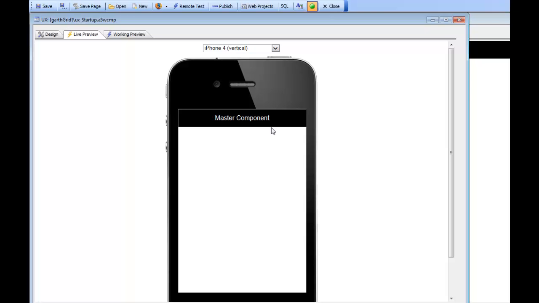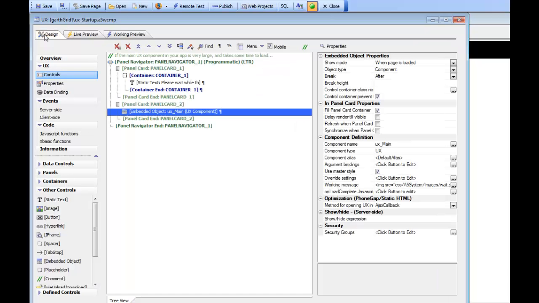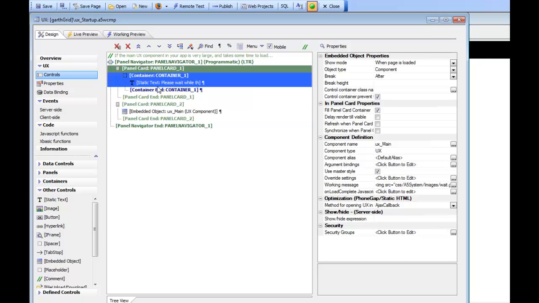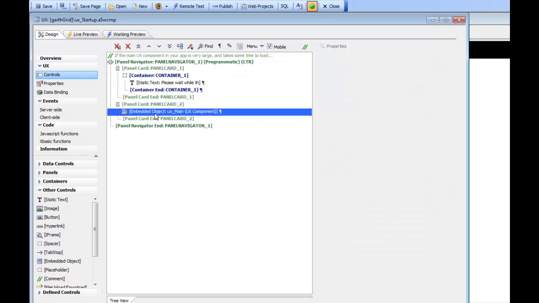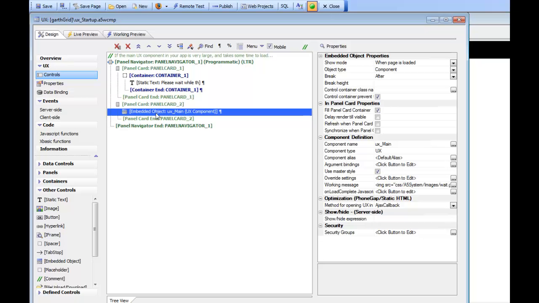So the way that this is done is by creating a stub component called the startup component, and this stub component basically over here has two panel cards. Basically, the first panel card contains the wait message, and the second panel card contains the master component as an embedded object. And the key thing here is that the delay render till visible property is not checked, which means that when the startup component is displayed, an immediate callback will be made to the server to start loading this